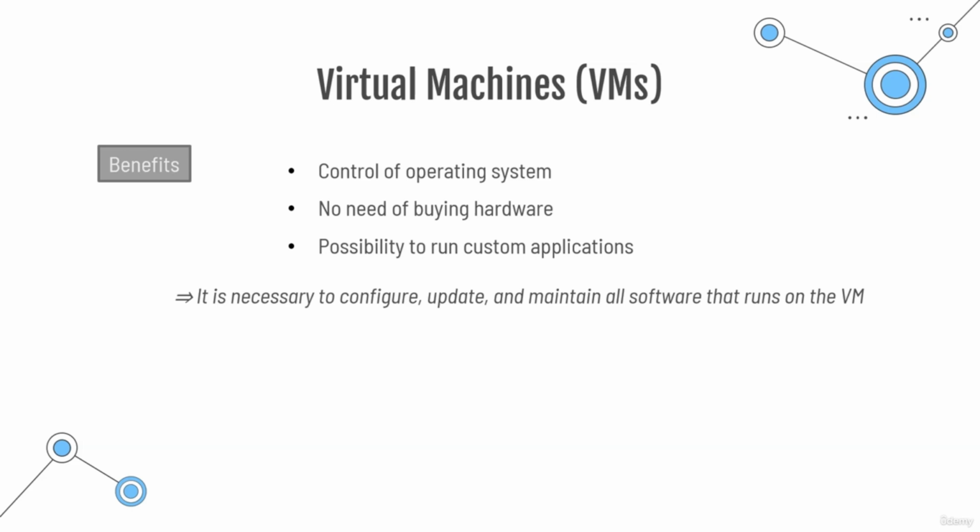Also, what we can do is to use images. So these are basically templates that are pre-configured with one specific operating system, and there can also be additional software installed. And we can even create our custom templates. So, one operating system and maybe a set of some development applications that we need, and they can then be reused for other virtual machines. So that's the theory about virtual machines,